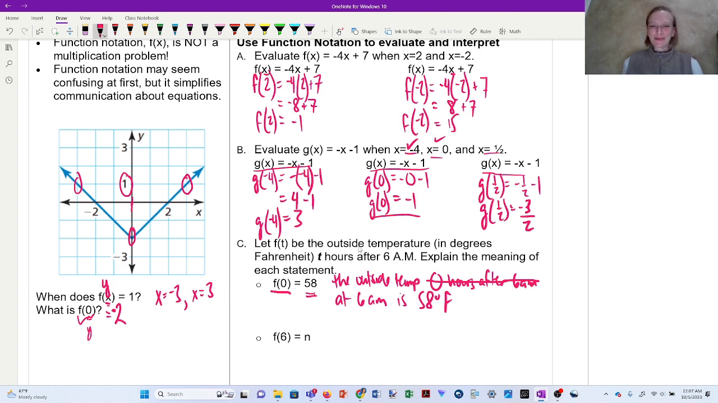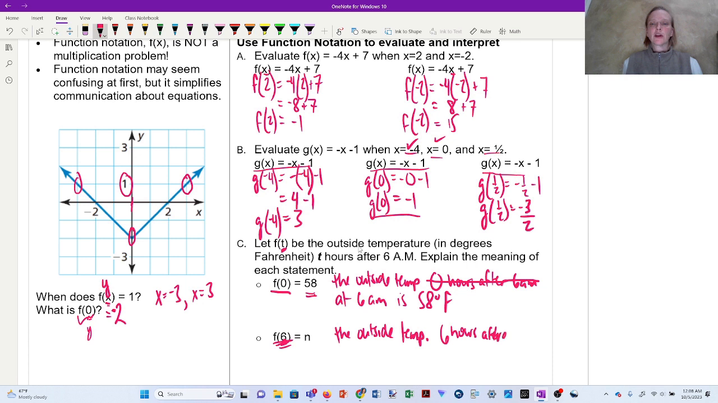Let's look at the next example. f of 6 equals N. Okay, well, what does f of 6 mean? Remember, f of t means the outside temperature. So again, this is about the outside temperature t hours after 6 a.m. This time I'm 6 hours. 6 is here in the position where t should be. So I know I'm 6 hours